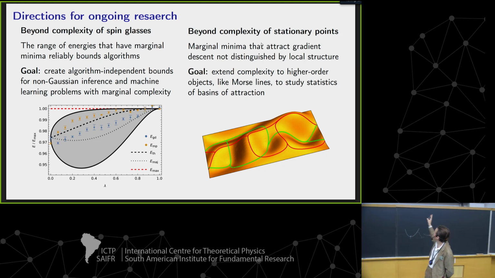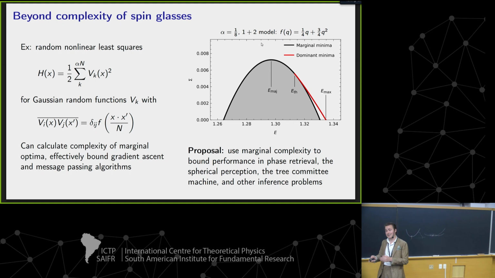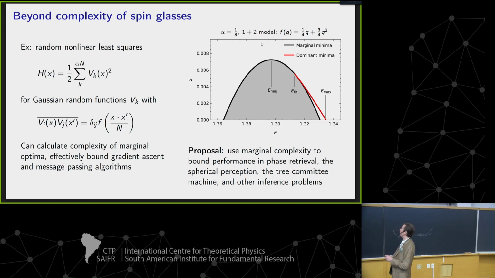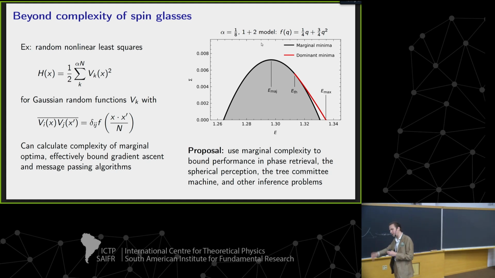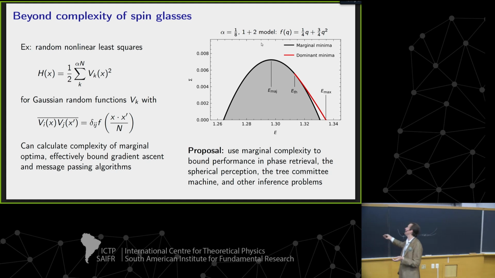This part of the proposal basically proposes generalizing complexity analysis using tools from DMFT to study higher dimensional objects to get at statistics of basins. So first, beyond spin glasses. This is probably the simplest non-Gaussian model you could ever think of. It's random nonlinear least squares. You take a whole bunch of spin glass Hamiltonians, which have the same covariance I told you before on the sphere, and you sum the squares of their values, right? And now you want to minimize this function.